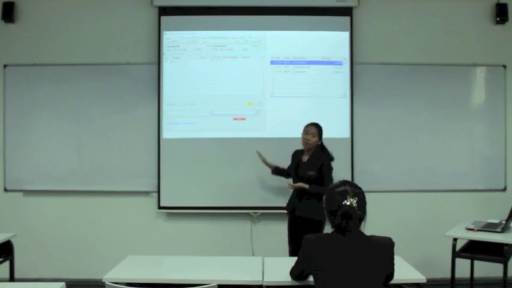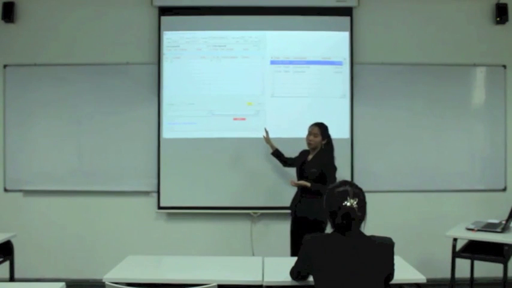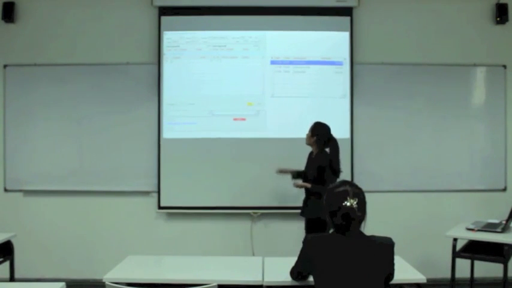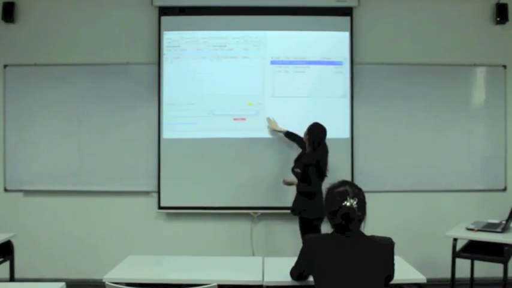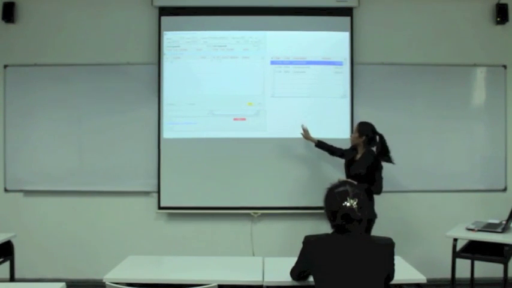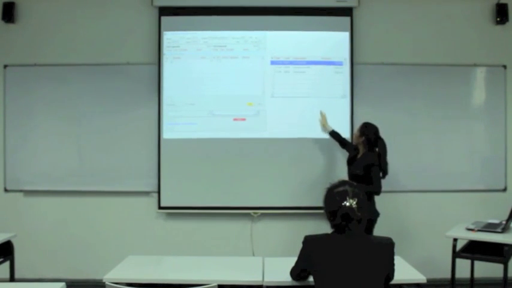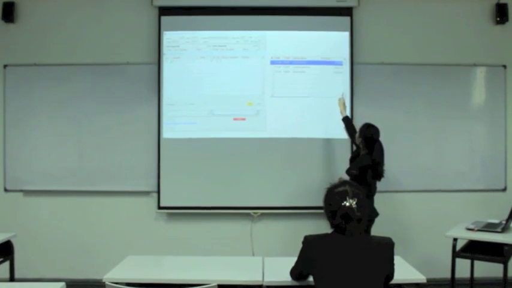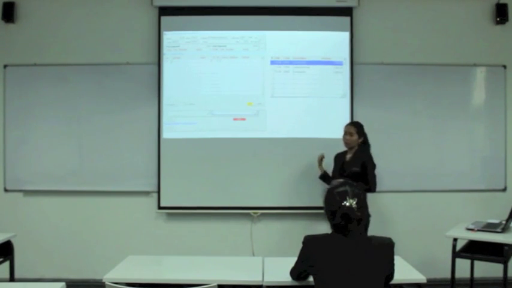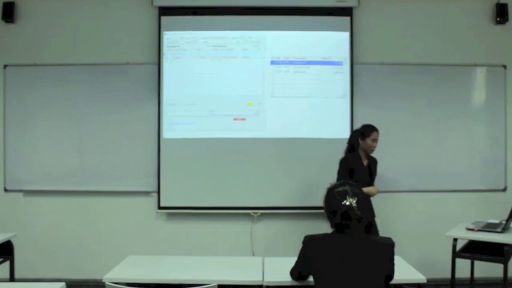Then you put the correct amount, which is 150. Then you press post and then close. After you press post and then close, this slide will appear, which is the guest folio will show the limousine is 150.